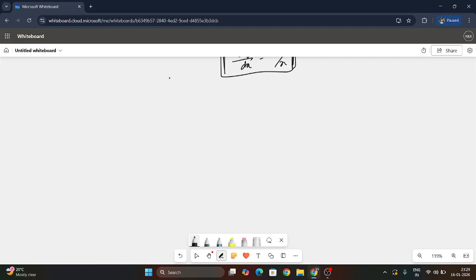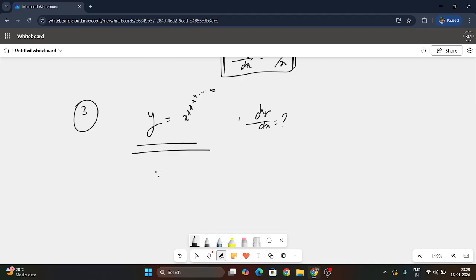And next question, let's take the next question, and the next question is y is equal to x to the power x to the power x to the power x to the power x and up to infinite times, and we have to find the dy by dx of this question. Okay, I told you many times when we have solved other questions of this type, observe the pattern where this is repeating x to the power x to the power x to the power x. So what you can do, just